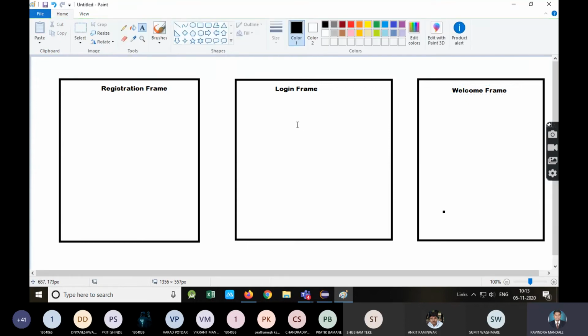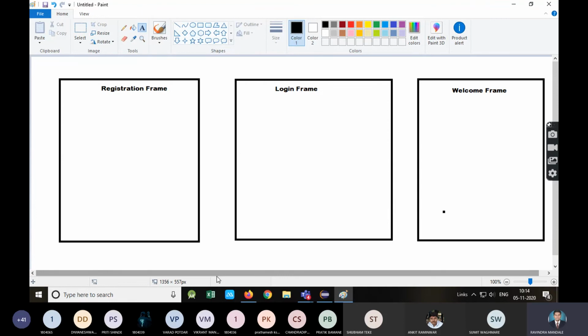Now I'm mentioning frame here, but I'm going to use JFrame. Frame is general, that's why I'm using frame. Or you can also mention page here, but actually this application doesn't have a page. Actually it has just a window. Page is different. Page means web page. So that's why I'm not mentioning page here.